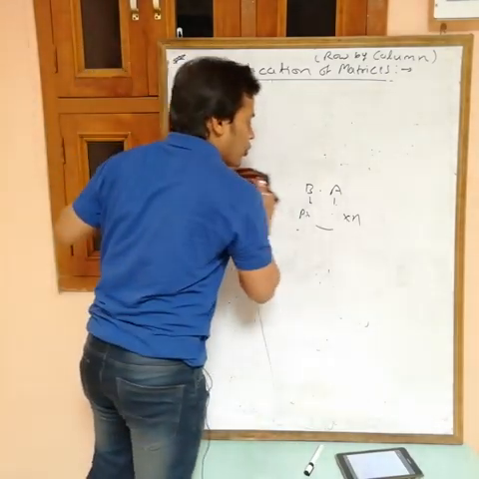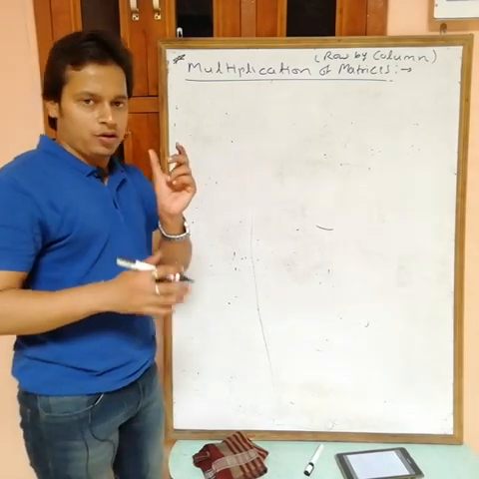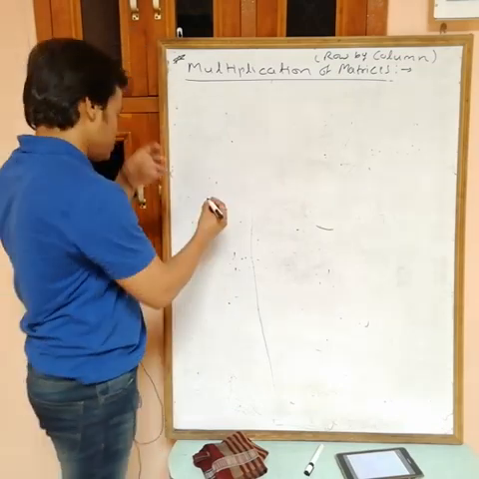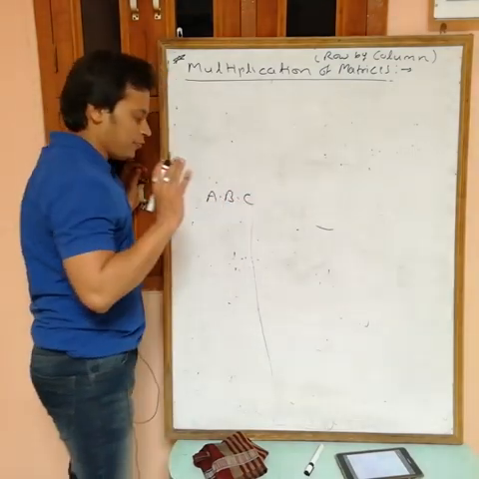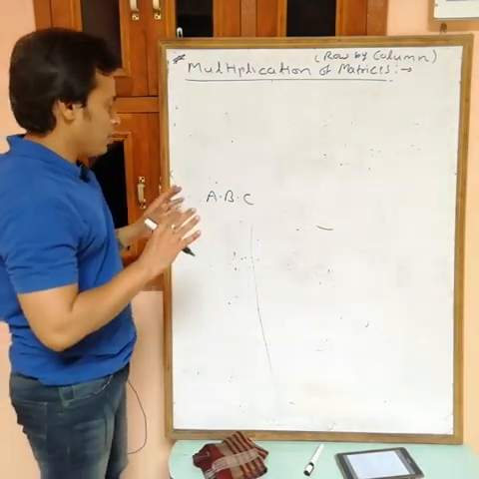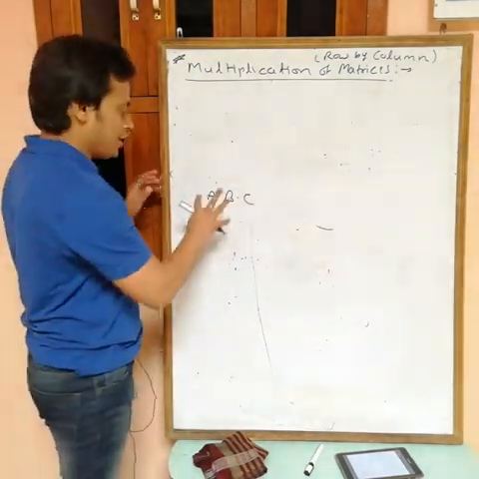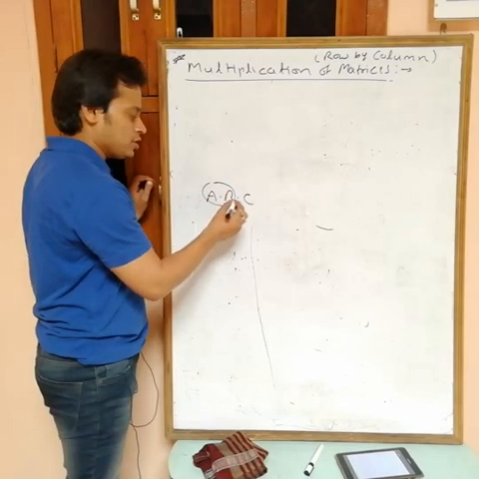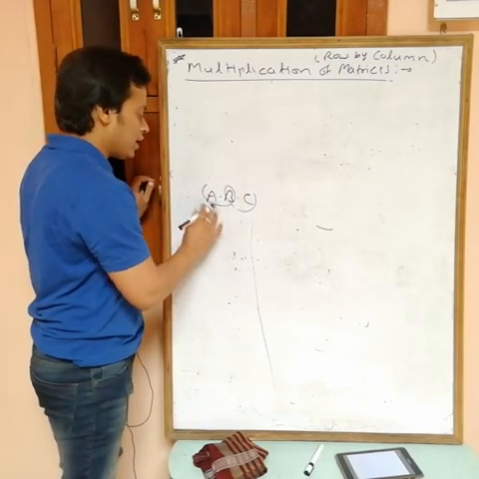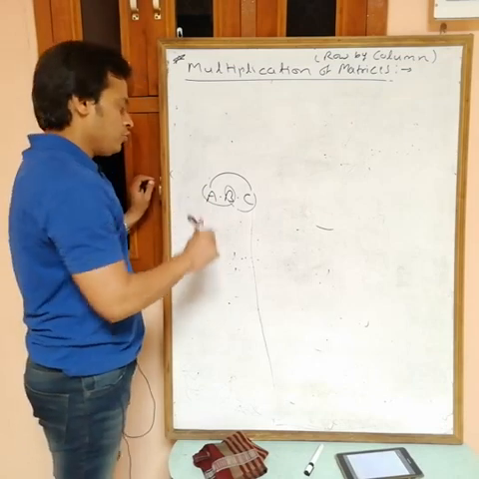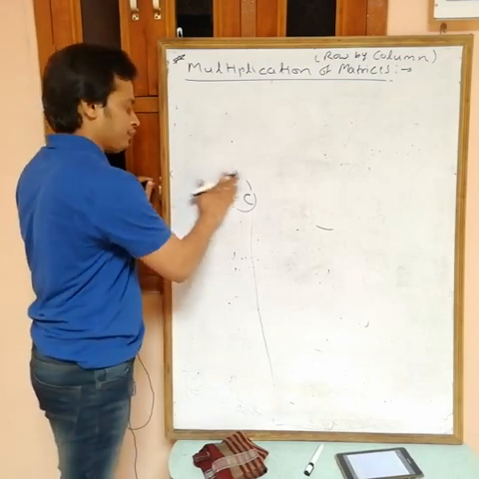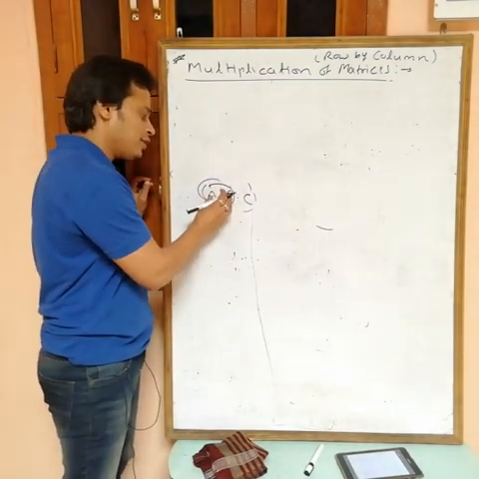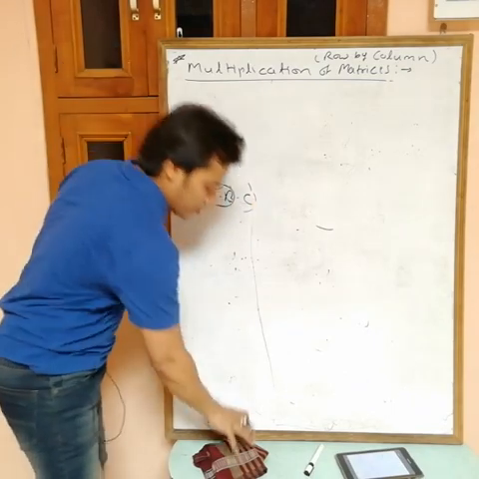If you want to multiply more than two matrices, then first multiply two matrices, then multiply the product matrix with the third one. Suppose you want to multiply A, B, C, and this product is defined. Directly we can't multiply all three. At a time you can multiply any two matrices, so first multiply either these two or these two. Directly you can't multiply A with C. You can multiply A with B, just the nearest. So first multiply AB, then you will get a matrix, then multiply that AB matrix with C to get A into B into C.